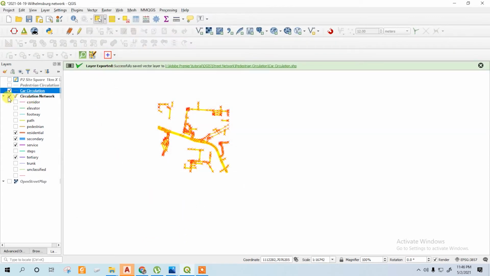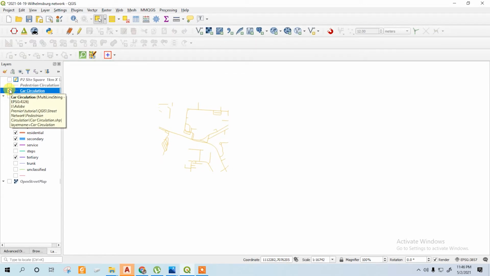Okay, so now we have two types of circulation: car circulation here and the pedestrian circulation. We'll delete the previous layers.